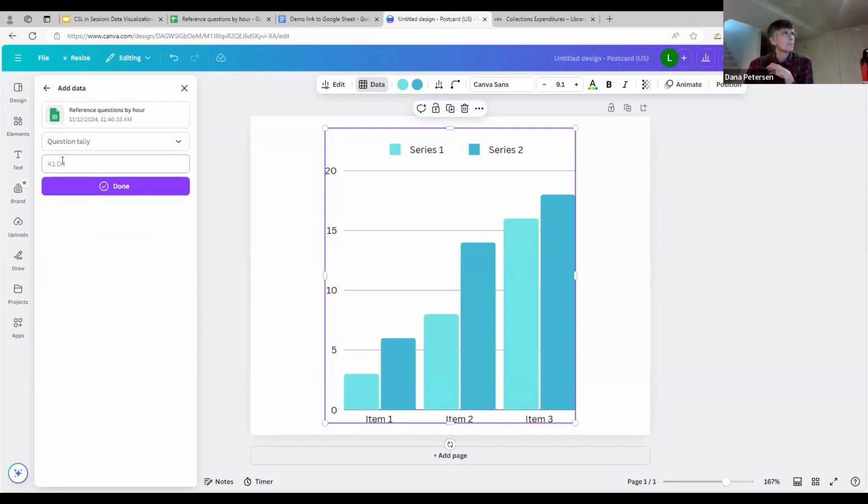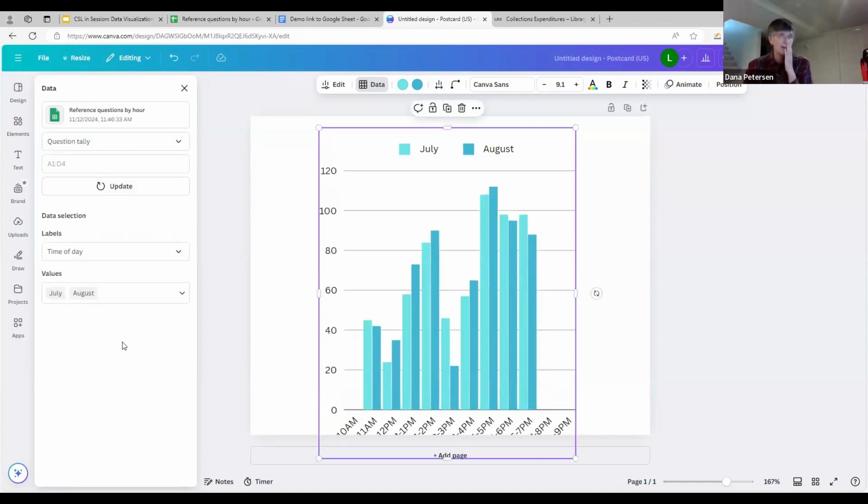And great, it found something. It tells me what cells it's looking in. Oh, it's going to start where? At A1. It's important to have that A1. If it was elsewhere, is it smart enough to go find it? Probably, but help it along. There will be fewer problems if you can kind of keep your data organized in a fashion like that, starting at the top left. And here we go.